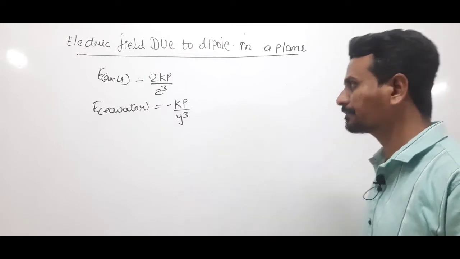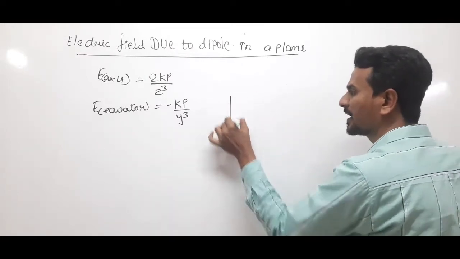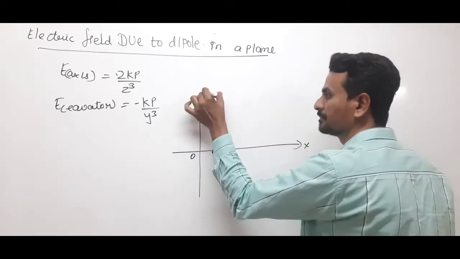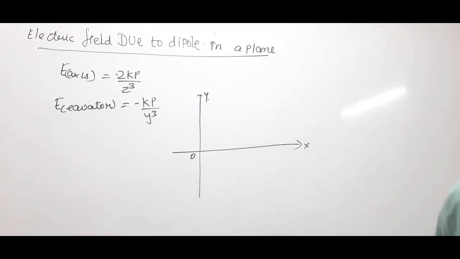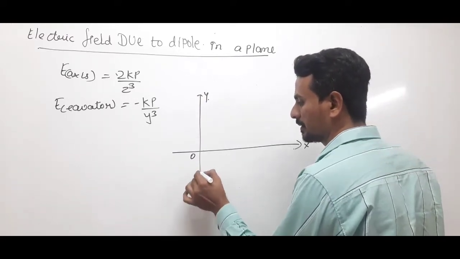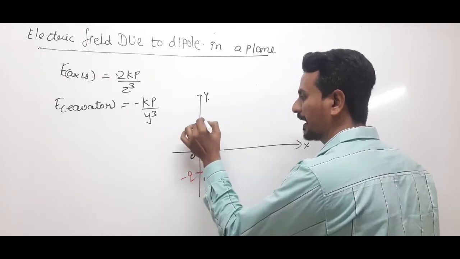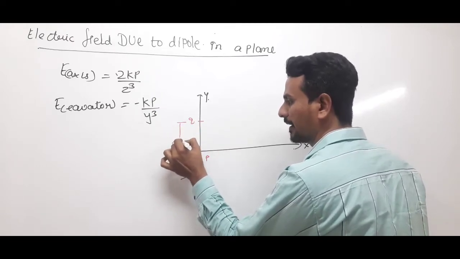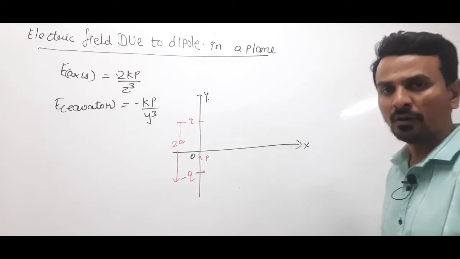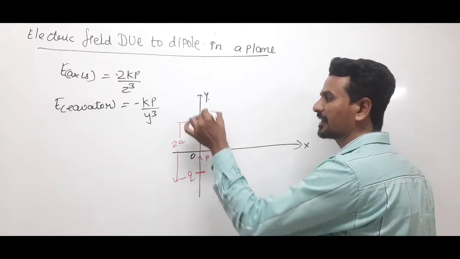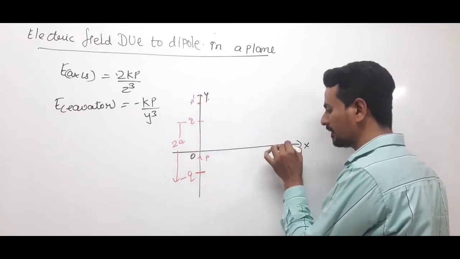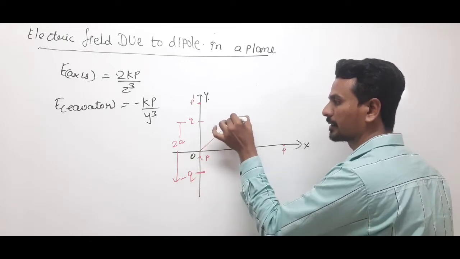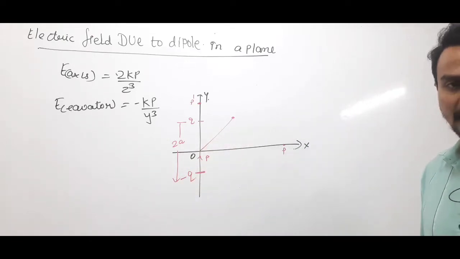Now, what if due to a short dipole we need to calculate the electric field along a plane, let us say the xy plane? I am placing a dipole here. Dipole means an arrangement of minus q and plus q. This will be my dipole moment. This is a finite distance, say 2a. This is the center of the dipole. We had calculated the electric field at this point along the axis, and at this point along the equator. Now, what if we want to calculate the electric field over here, neither on the axis nor at the equator?